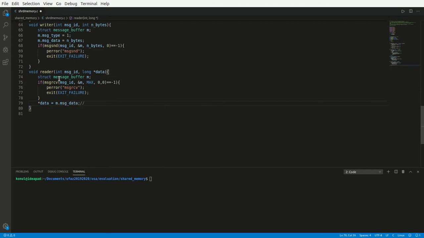This line means that the address that this data points to is going to hold the data that's stored in MSG data. Or in other words, message data will be assigned to the address that data points to. Okay, so why do we use this? Because